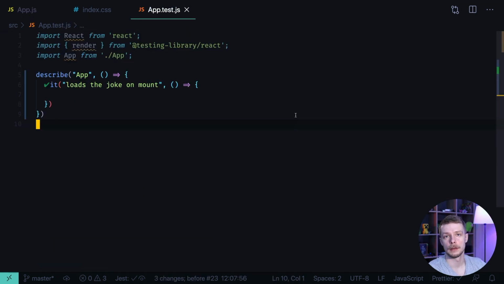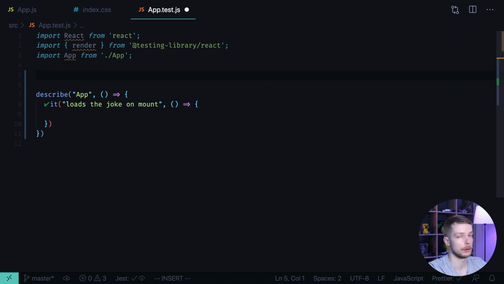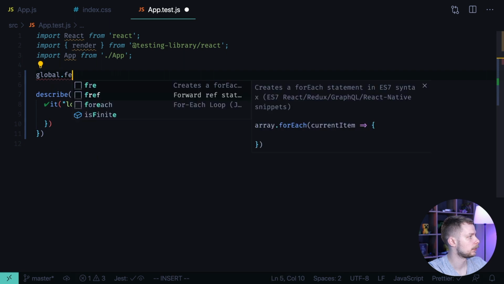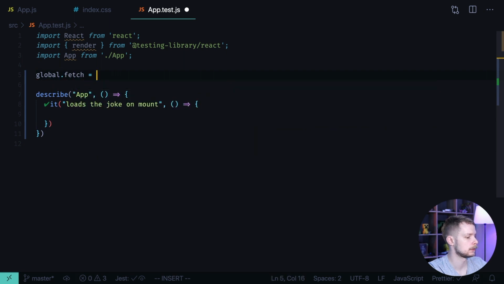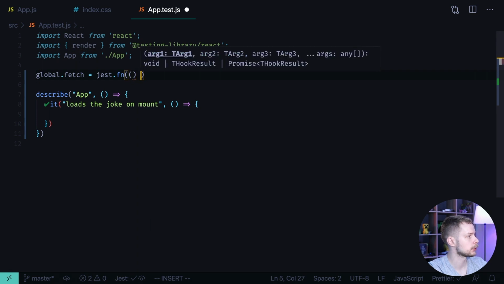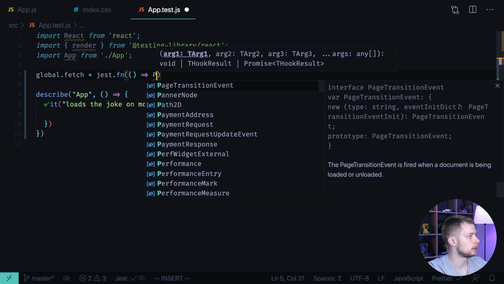Here we need to test that the component loads the joke on mount. First of all, we'll want to mock the fetch method. We do it like this: global.fetch equals jest.fn. We create a mocked function where we return Promise